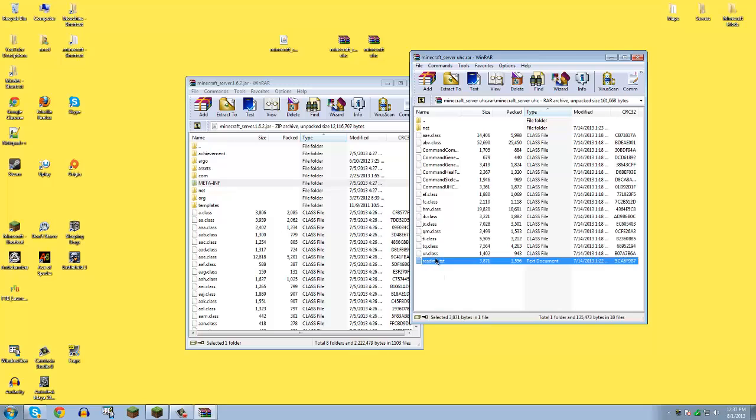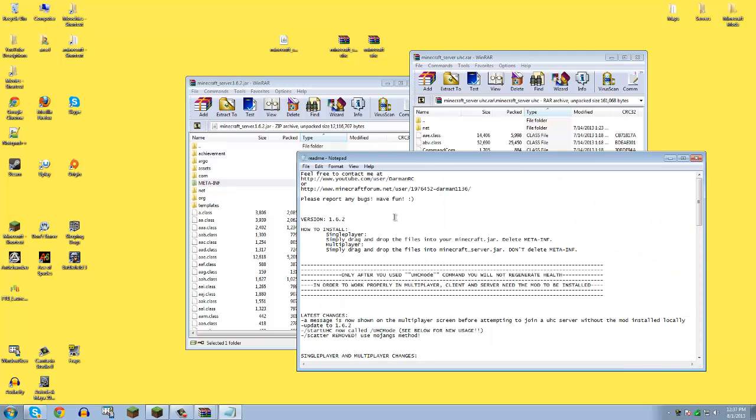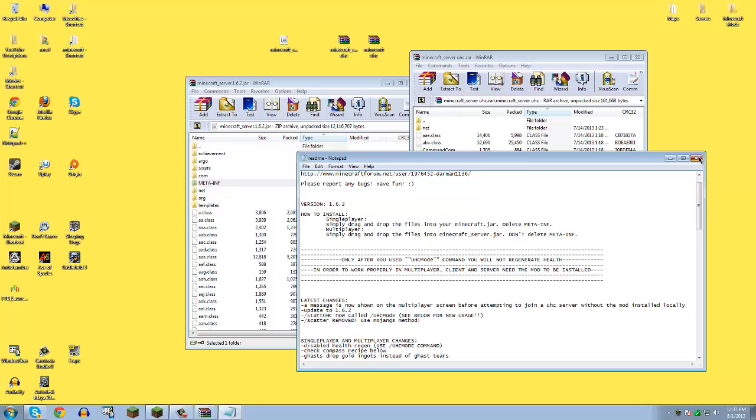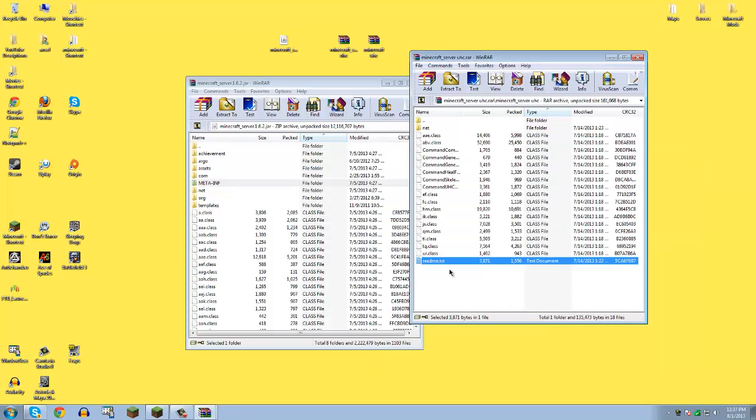Oh wait, did they have a readme? Oh, so I wouldn't actually see this readme text at the bottom. You do not want that. That'll mess it up. I did not realize he had that in there before. So I guess click on net, hold shift, and come down one above the readme,